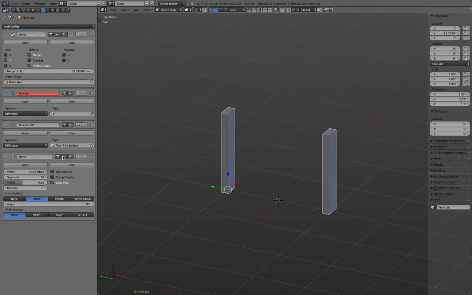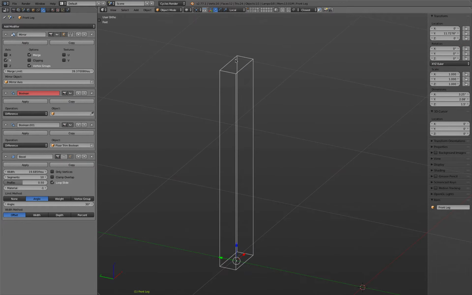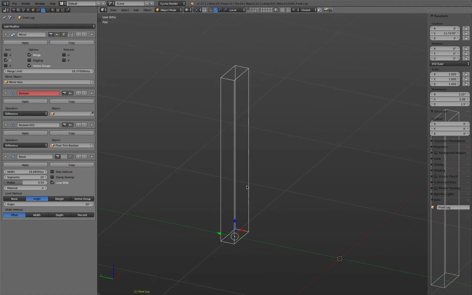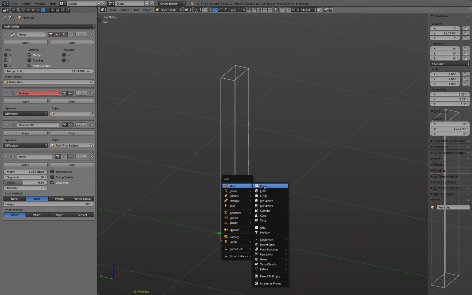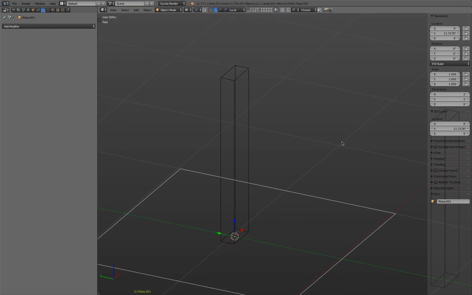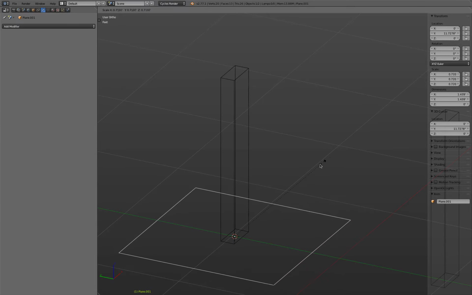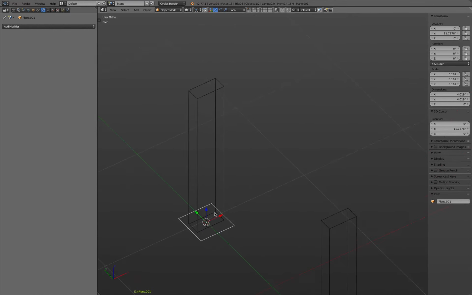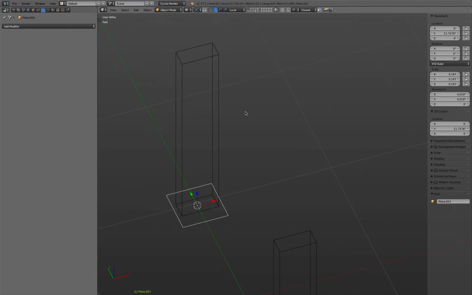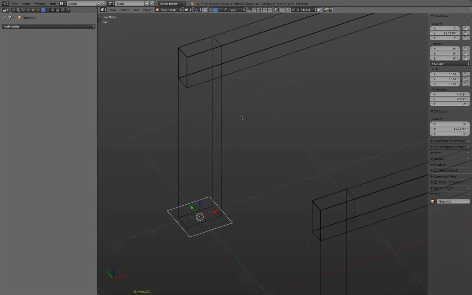Also let's turn off the bevel so we see again only the straight edges. Make sure that the cursor is positioned at the origin of this object, so cursor to selected, Shift A, let's create a plane, and then we can scale this one down a little bit, let's say something till there. And then for the next step,